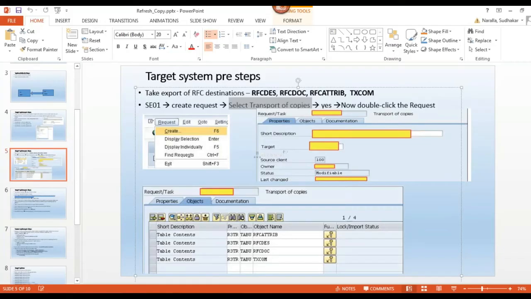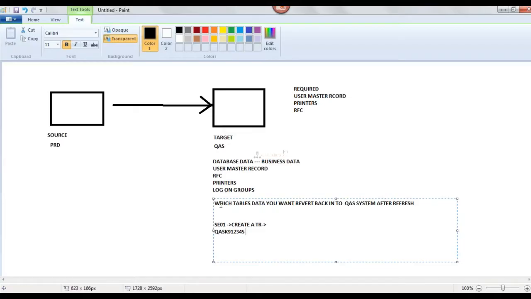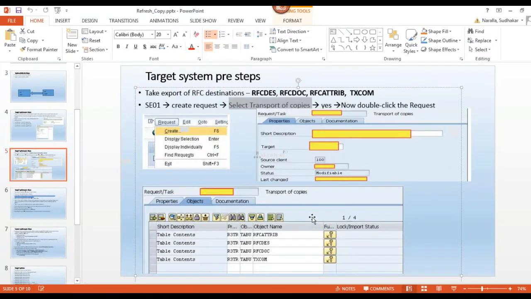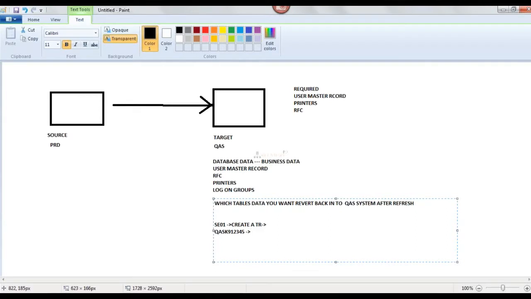Then double click on the transport request, and this window will open. Here you need to enter the description of the transport request. What is the description?